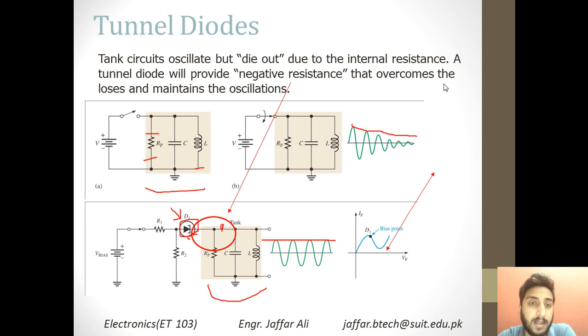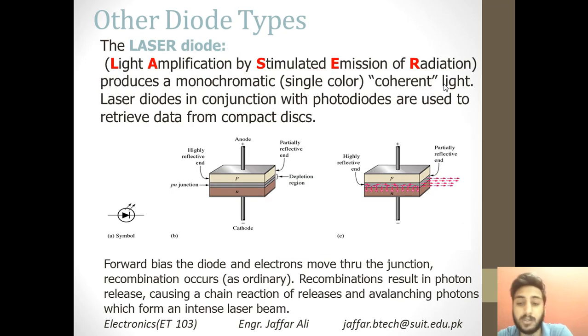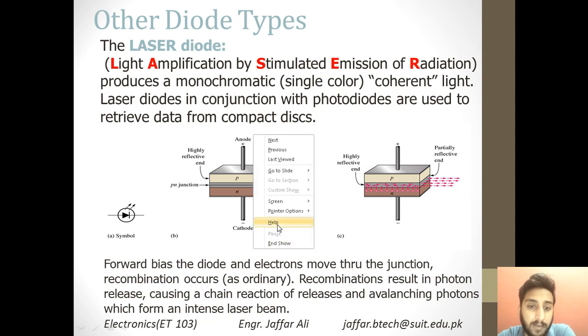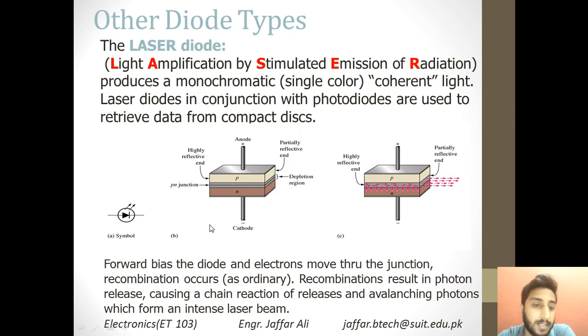It is the same with the laser diode, but because it is used in combination with photodiodes, as we mentioned above. So this is the diagram of the laser diode. You can see that the symbol of the laser diode is almost the same as the photodiode, except for this circle. If you remove the circle, it becomes a photodiode, but you have used a photodiode for amplification, so that is why it is now converted into a laser diode.